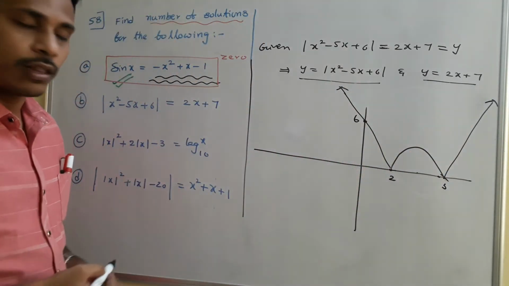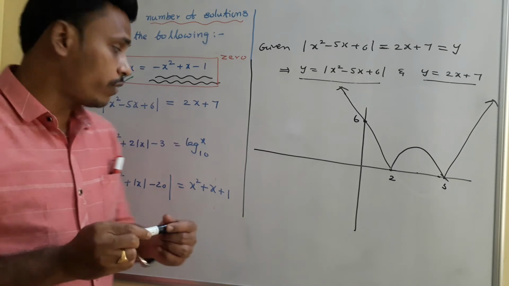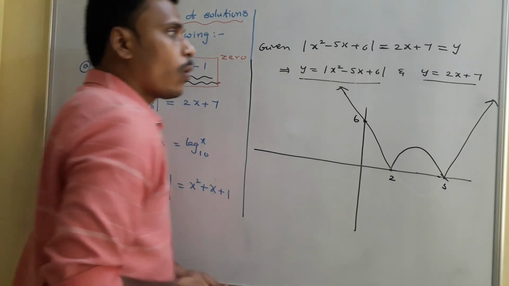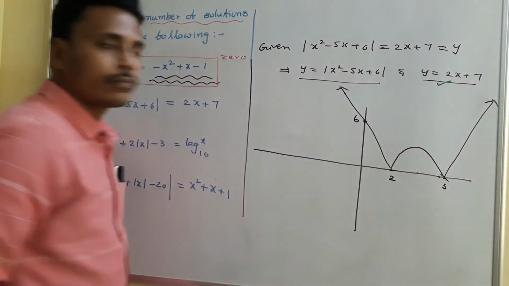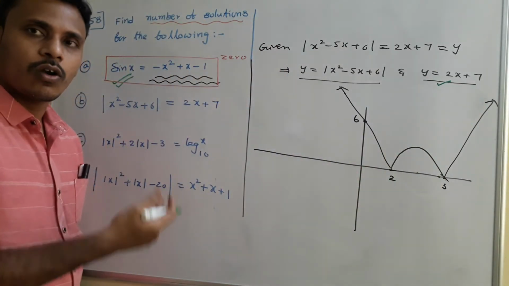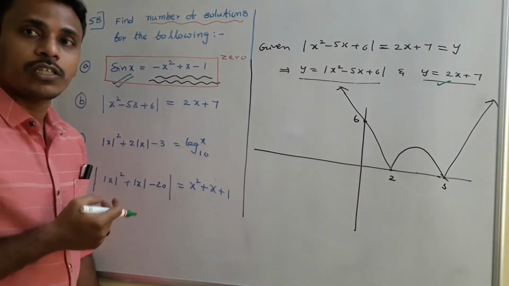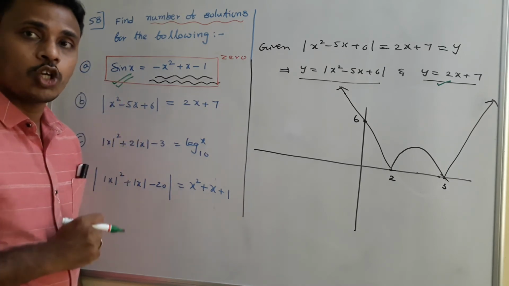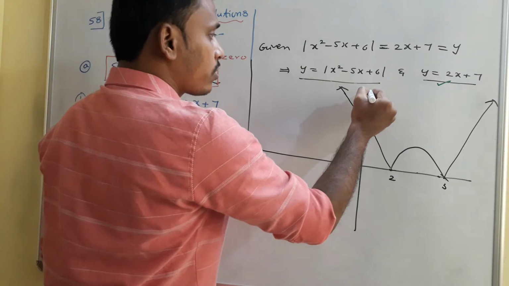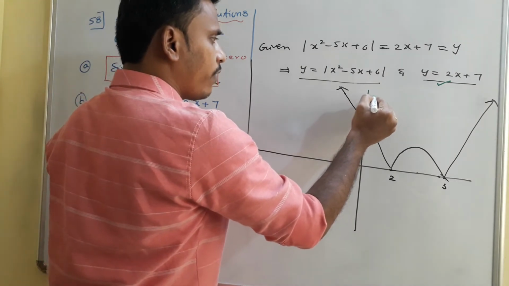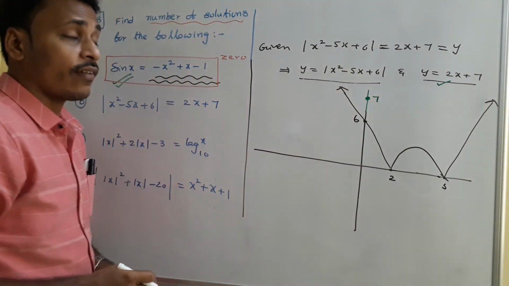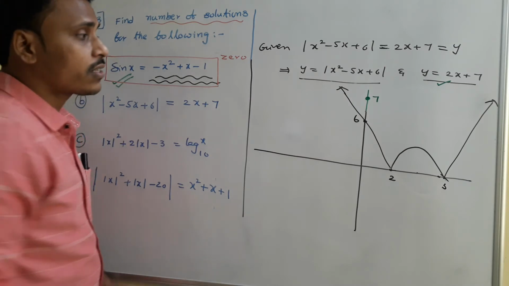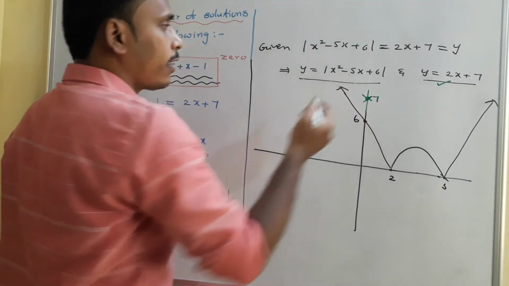We learnt all these things, right? There is the graph of this left side. Now think about the right side. y is equal to 2x plus 7. For that you need to sketch. You know the graph of y is equal to 2x plus 7 is linear. When x is equal to 0, what is the value of y? When x is 0, the value of y is 7. x0, y7 means this is one point on the straight line.